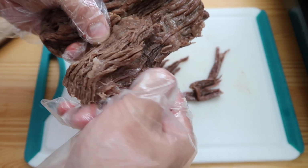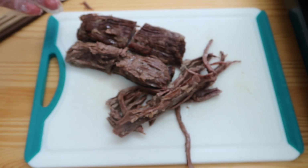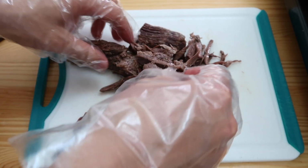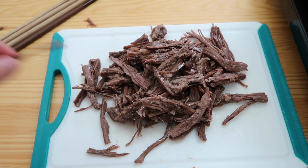Now my favorite part, you just pull out this and you just make little shredded pieces. Like, I'm gonna cut this in half actually. When I was young, I never knew how much time this Yukgaejang actually took. But now doing this myself, I think about my mom. And look at this beauty. Right now, I'm really so tempted to just...